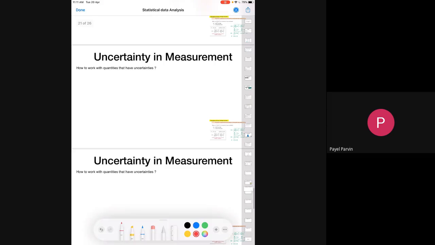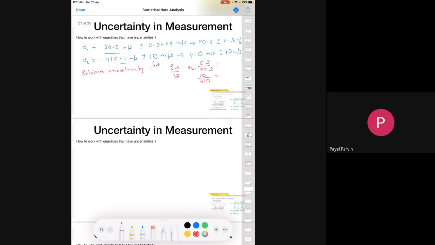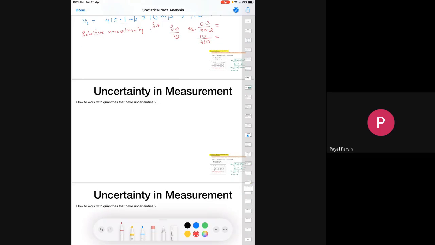Now, let's say I have a quantity that has been reported with an uncertainty, and I need to do some mathematical operations on these quantities. Then I have to know what to do with the uncertainties, I mean how much uncertainty will be there in the derived quantity. So I need to be able to calculate that. So let's learn to do that. So if I want to add or subtract,